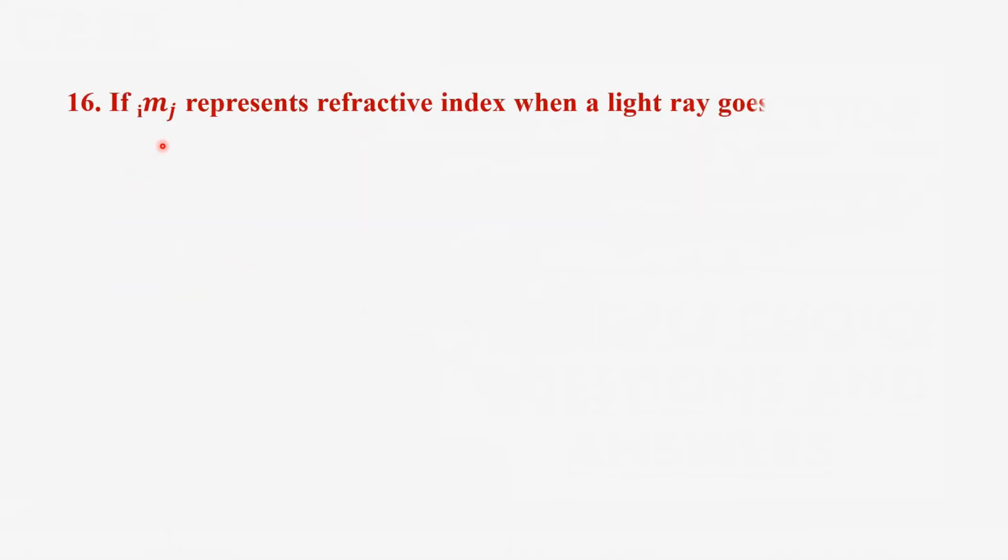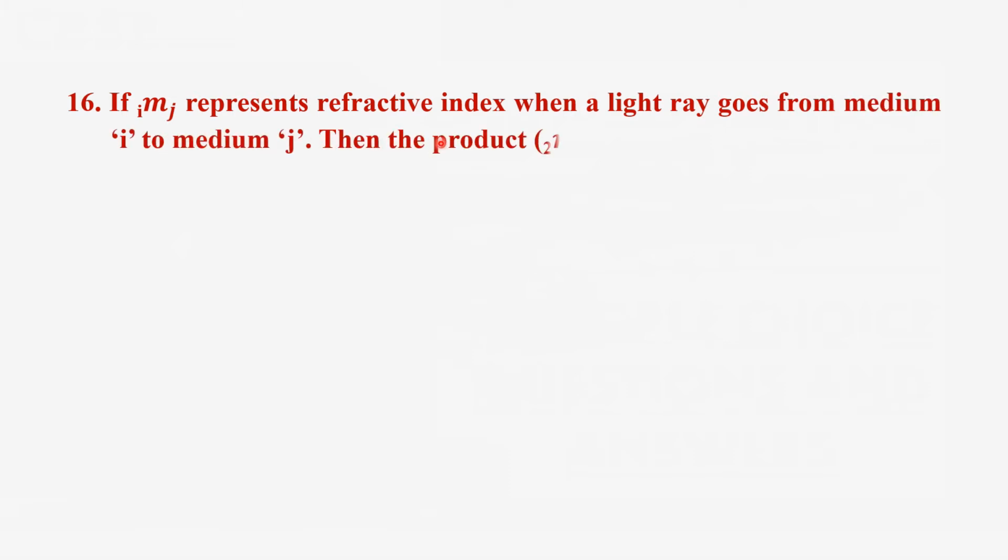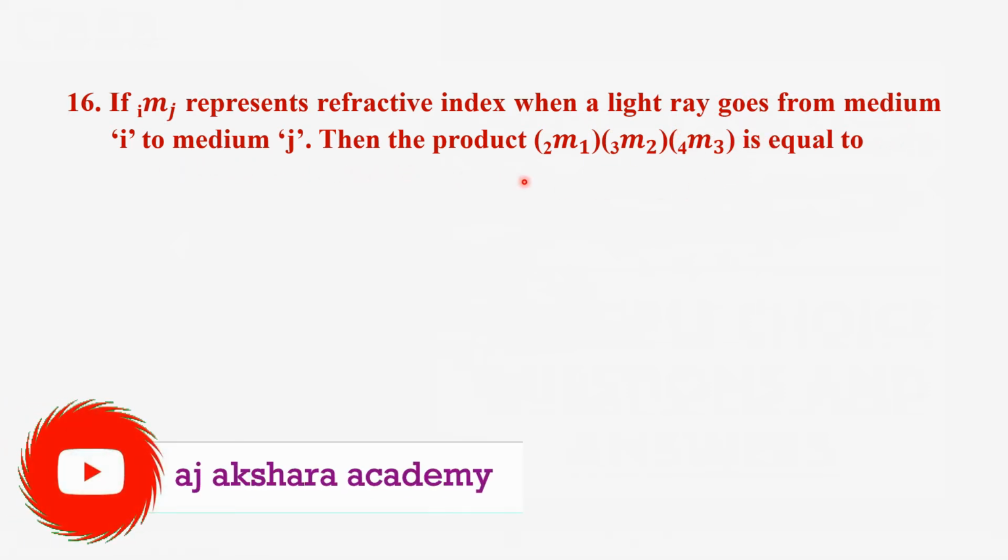If Mij represents the refractive index when a light ray goes from medium I to medium J. Here the light ray is travelling from one medium to another medium. One medium is I, the other medium is J. First medium is I, the second medium is J. Now the light ray goes from medium I to medium J. Then the product of